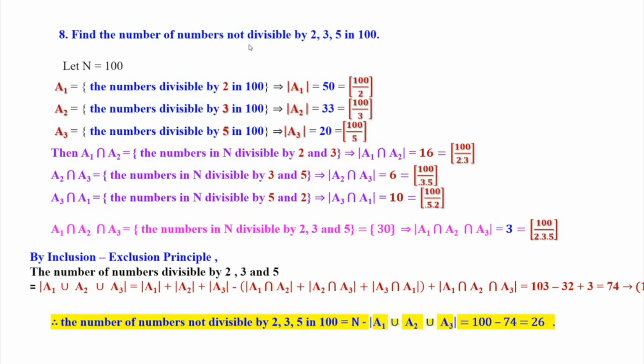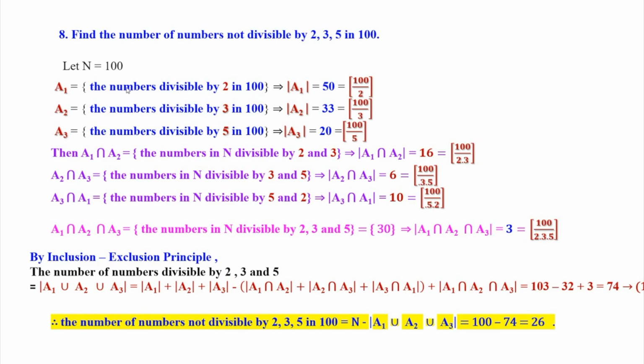So next is to find the number of numbers divisible by 2, 3, 5 in a certain number. It can be even 7, whatever prime number you have, you can include them, and this is the method that we adopt to find the number of numbers not divisible by certain primes in a given number. So here the number given is 100. Now we shall take a1 to be the set of all numbers divisible by 2 in 100, and we consider the integral part of this,